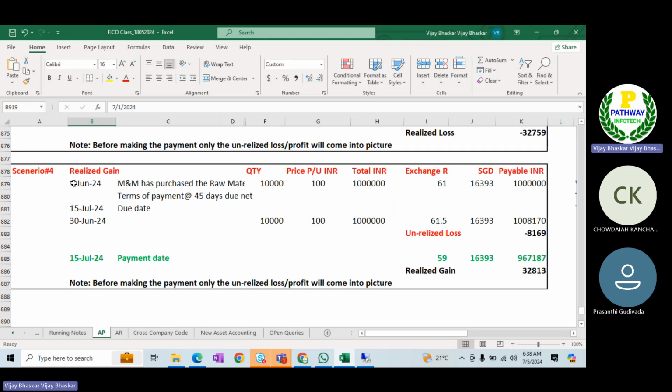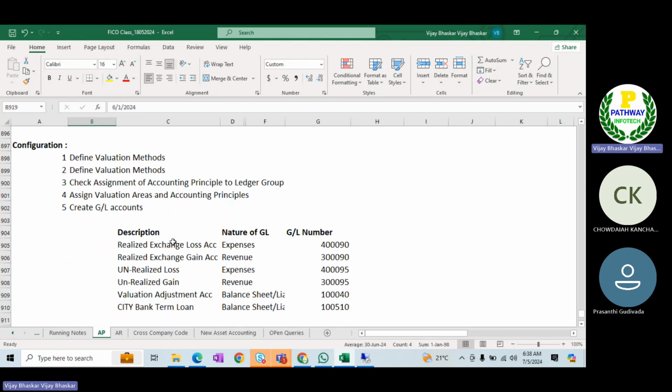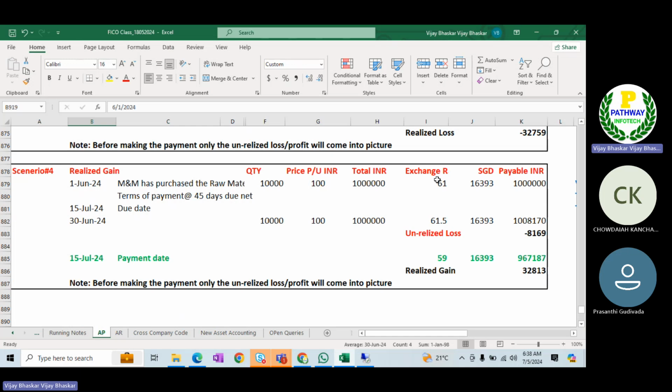I'll take the same scenarios, same dates, and same exchange rates, for our understanding purpose. Enter. The exchange rates are 61, 61.5, 59.